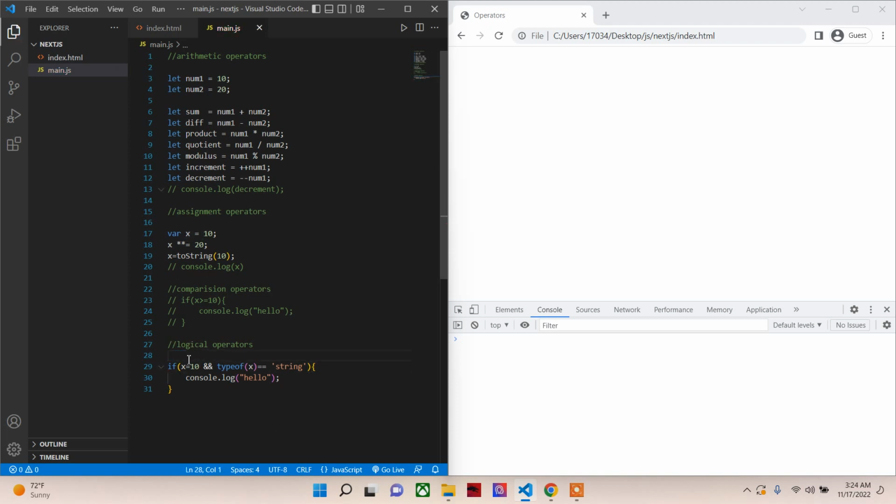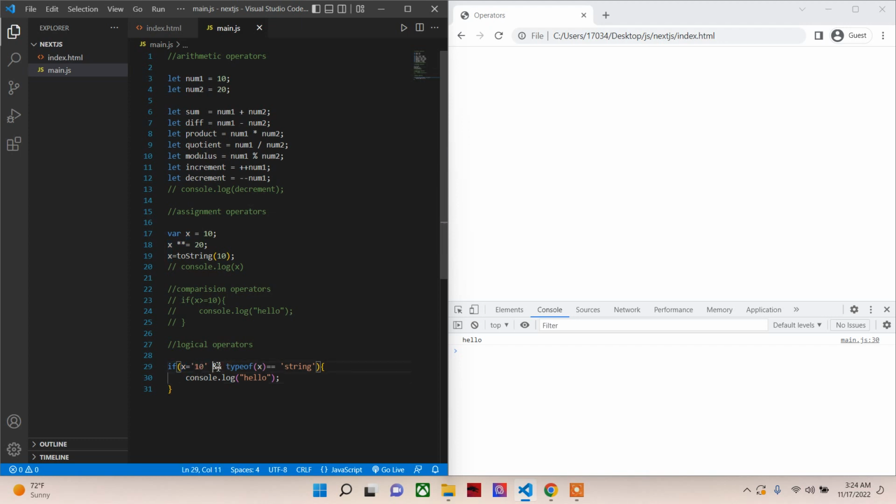Yeah, if it's a string, you need to have this. Yeah, now x is a string. Anyways, it needs to be a string, and if x is this value over here,